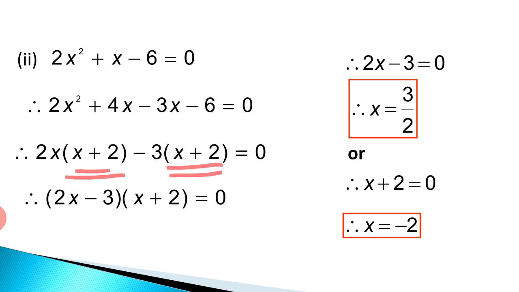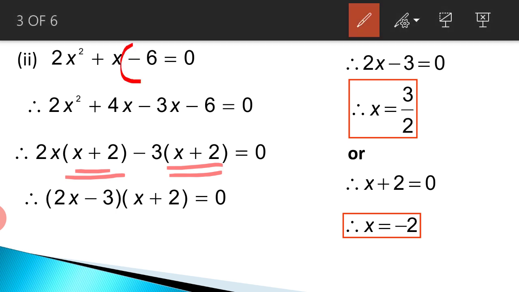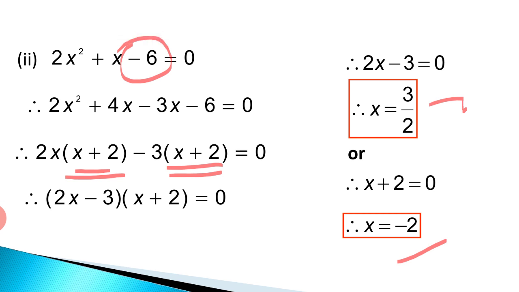Now if the last term or constant term is negative, you will always get one positive root and one negative root. Is it clear? So this we have observed in previous problem also. Now let us go to the next problem. Now third problem is little important because here the coefficients are irrational numbers, but method is same.